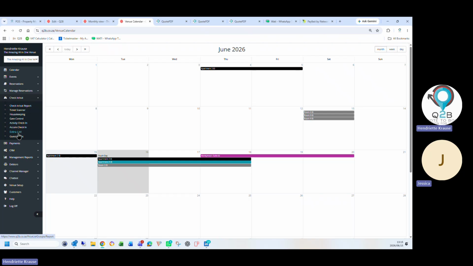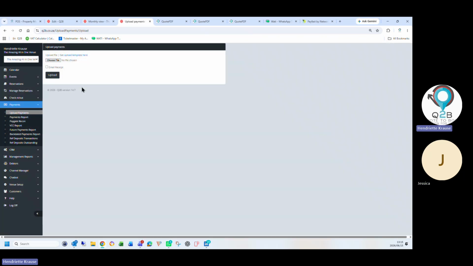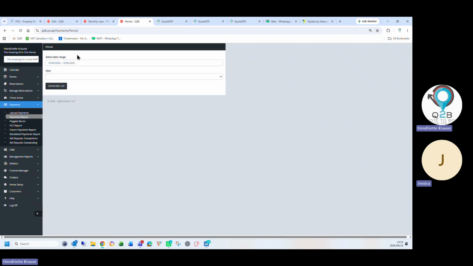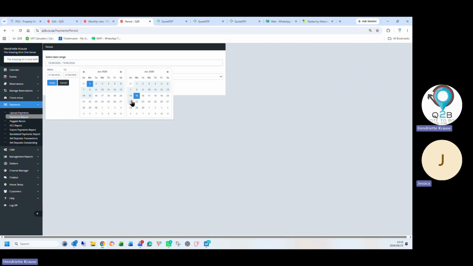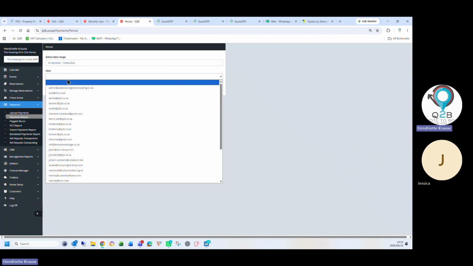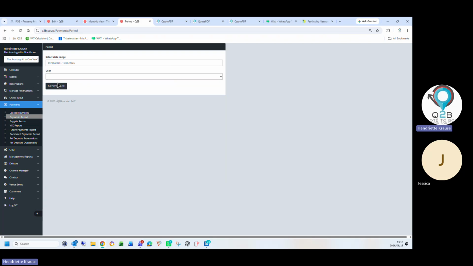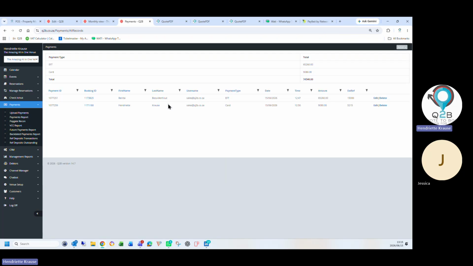The check-in app I showed you, all the items that you sell online, we can compile them to a list for you. That was in COVID, we did a guest form for the health inspector. We've got your payments reports. You can upload a spreadsheet here and send all the payments that you're uploading to a customer for EFTs. The payments report will give you a full detailed breakdown of all your payments. You can do it per user or you can just leave it blank and do it for all.